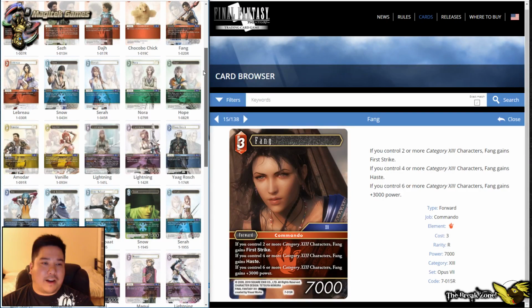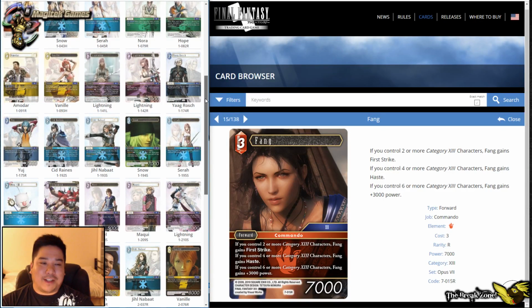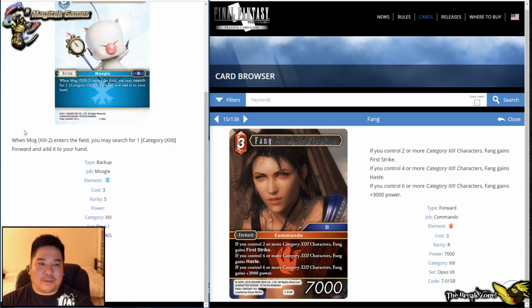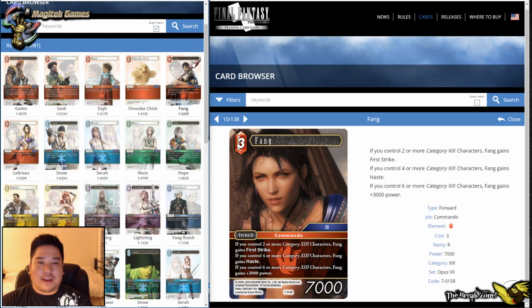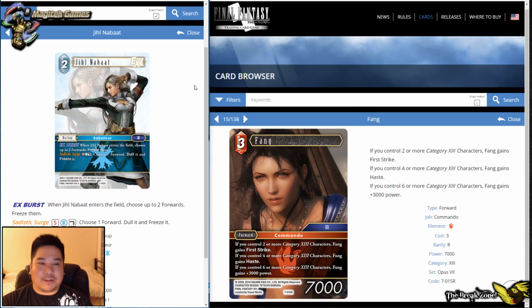Alright, you've got a whole lot of Final Fantasy 13 characters you can play. I mean, one of the obvious ones would be Mog 13-2, be able to search out whatever card you want. Some other ones that are quite popular. Jill the Bot, if you're trying to slow down your opponent. This card does feel a little more like